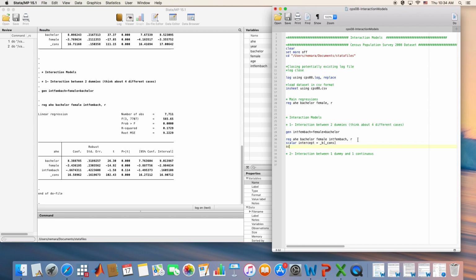And for the partial slopes, we need to do one for each. So we have slope female equal, again, underscore from the matrix, square bracket. We don't have another underscore for the variables. I only have an underscore for the intercept, but the other variables do not have. So this one is going to be female, and you close the bracket, and then scalar slope of bachelor equal